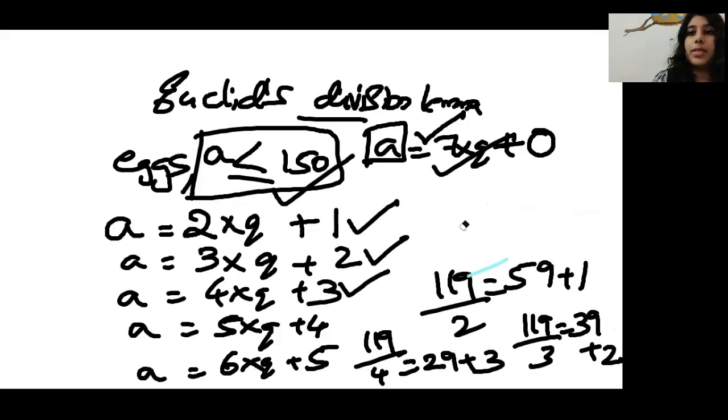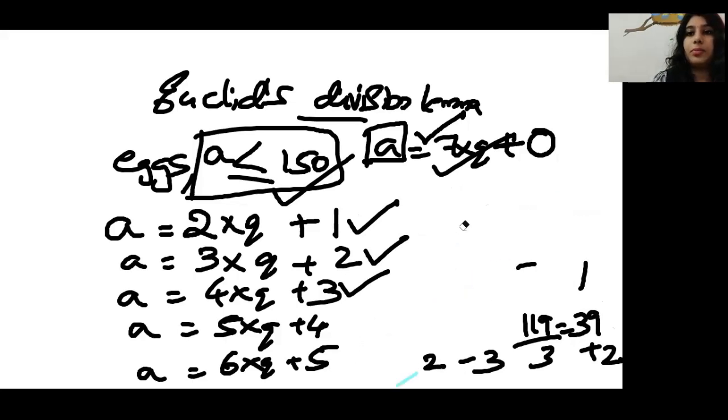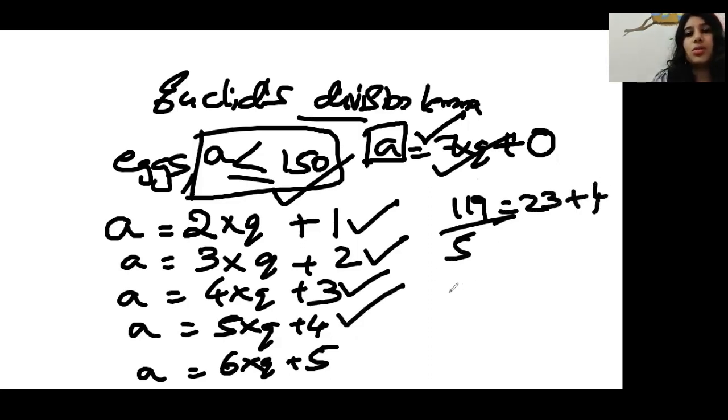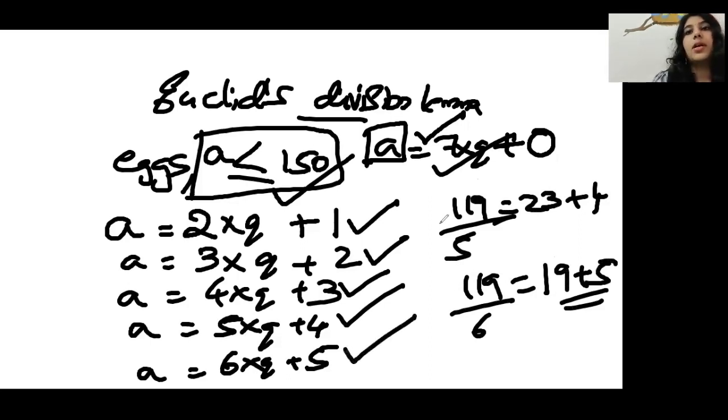As I don't have space, I'm rubbing this up. Okay, divided by 4, I got 3 remainder. Then again I'm dividing this with 5. So 5 2s are, then 5 3s are 15 and 4 is the remainder. So this is also satisfied. So only one more we have to check. Divided by 6, 6 ones are, then 9 6s are 54 plus 5. This is also satisfied. So I come to know how many eggs are there in that basket?